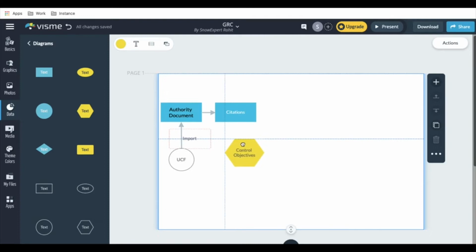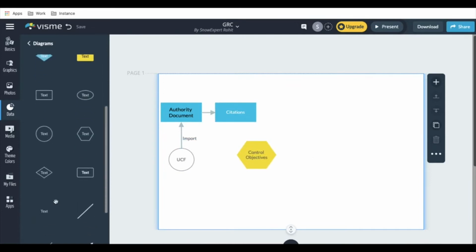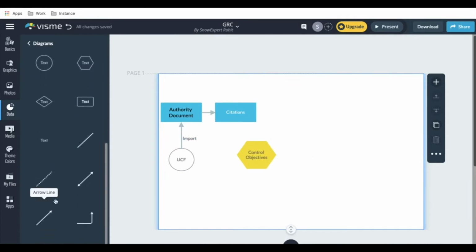This control objective will be added here. I'll add it a little bit in this position. Okay, I'll tell you the reason, and then add a draw line, and then attach it here to our control objective, and then add here. Okay,